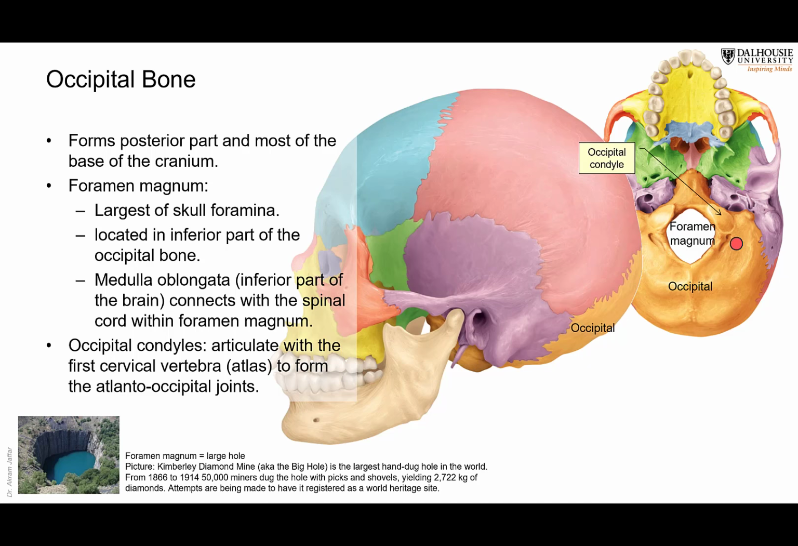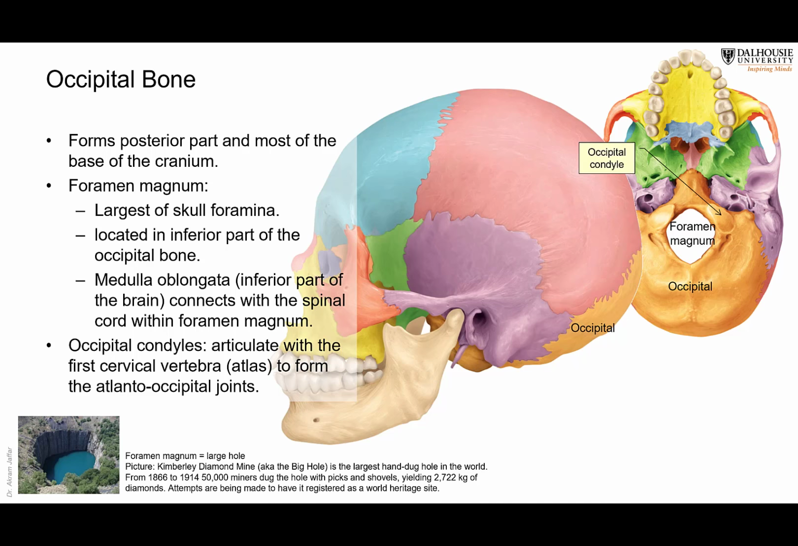And you can see here that on either side of the foramen magnum, there is a process of bone called the occipital condyle. This is where the skull articulates with the first cervical vertebra, which is called the atlas vertebra. So the joint between the atlas and the occipital condyle should be called,